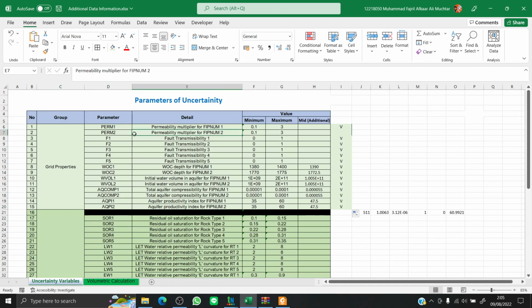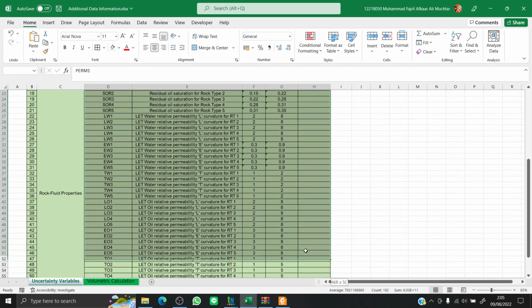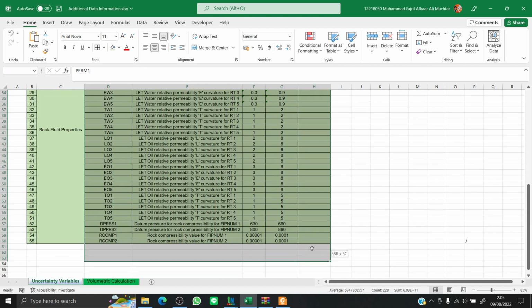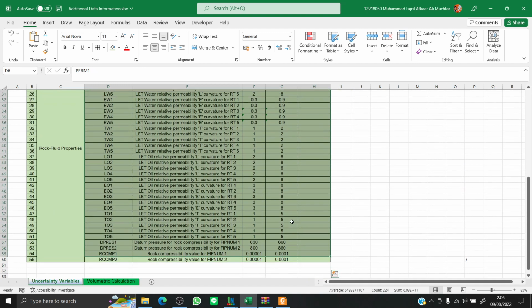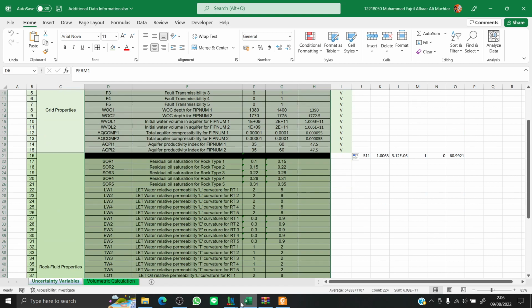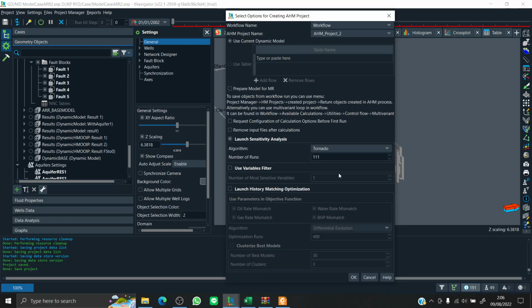Maybe using a Pareto chart or tornado chart, we can see what variables are really important for our analysis. So I'm just going to run it and select OK.